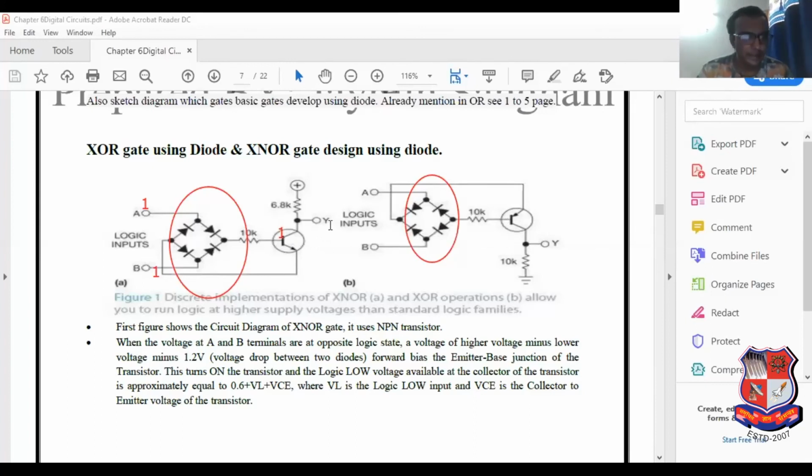If 1 is applied to the base, then the output is 0 at the collector. In a transistor you must remember, if the input is 1, the base terminal is at 1 volt, then the collector terminal is at 0 voltage. Please try to remember this very carefully. Again, I have sketched this diagram here. Please try to understand these two cases very properly, so you will be able to understand the entire circuit diagram of chapter number 6 very clearly.